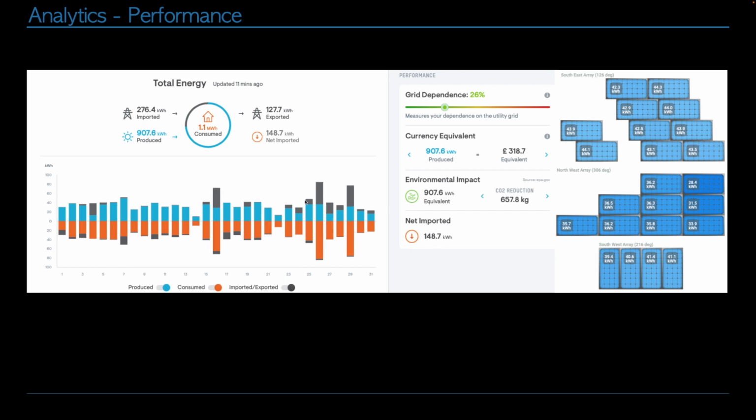If you look at the graph, you can see that we have a lot of blue, which means that there is sunshine producing our electricity, and the more blue you see and the less grey you see on the top of this bar means that more of our daily demand is being met by free solar production rather than having to pull power from the grid. So you can see certainly in the first half of July, the majority of days were completely blue with hardly any or no grey,